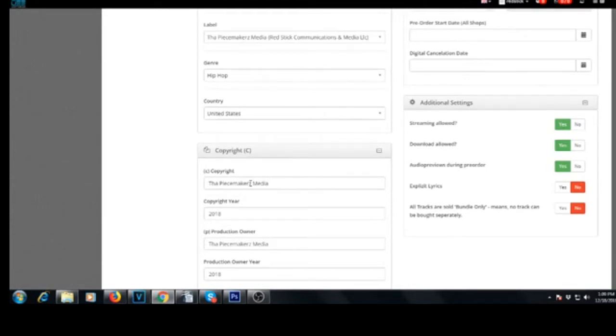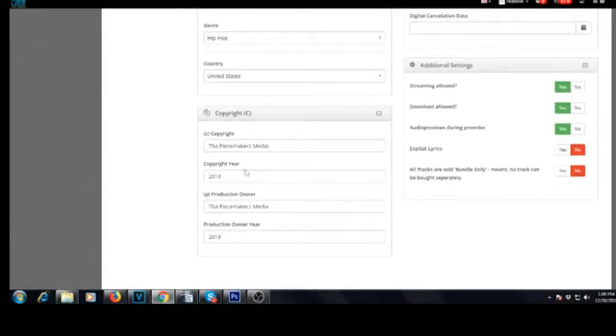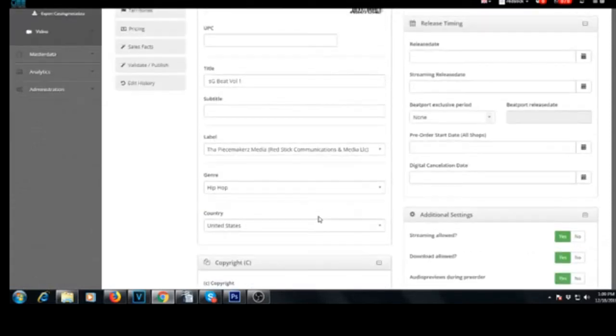Now instantly, because I have my label already set up in the system, you will notice that it automatically populated the copyright information, and this can be changed as well if there's a production, if you want your name as the producer versus your company. All right,